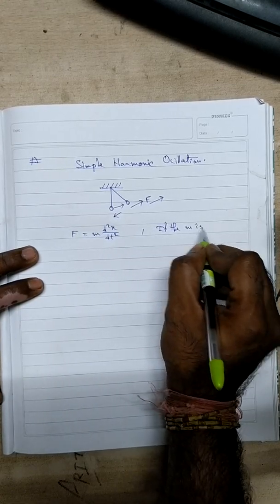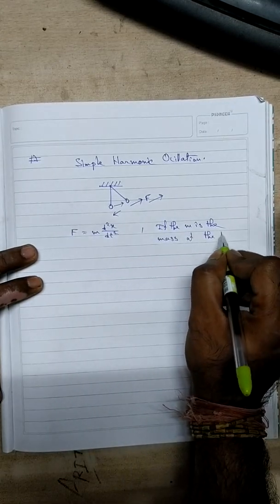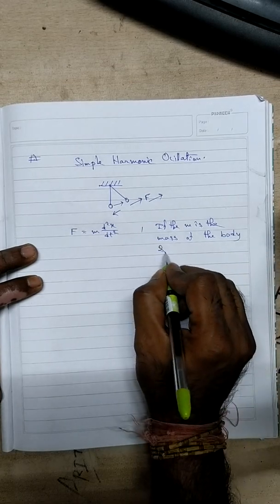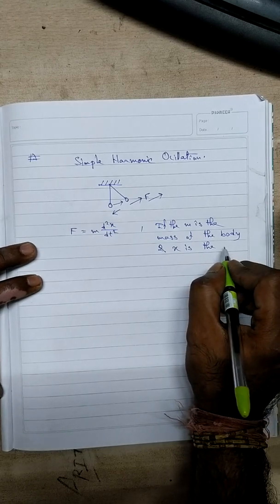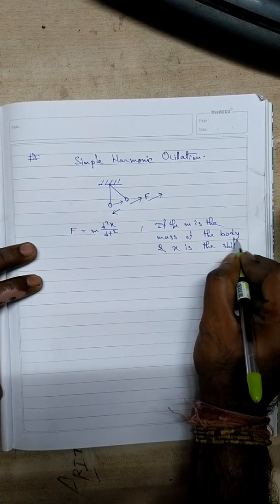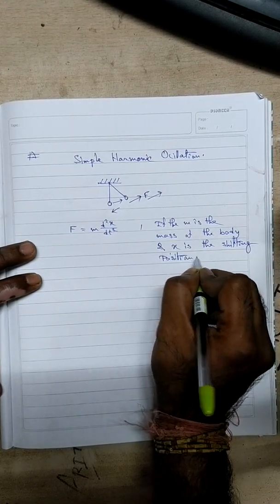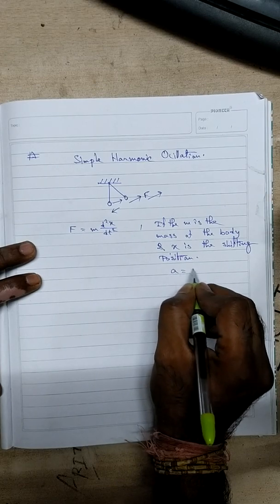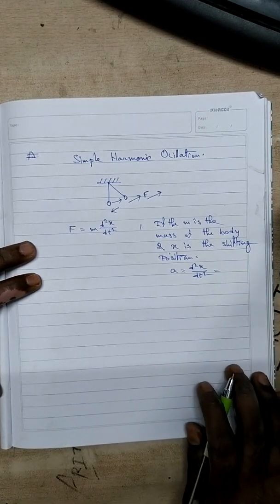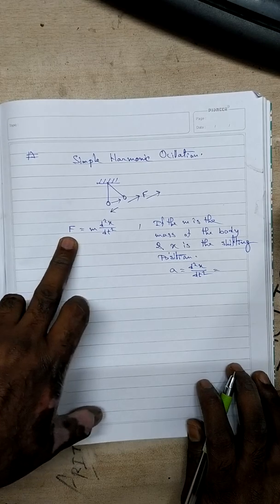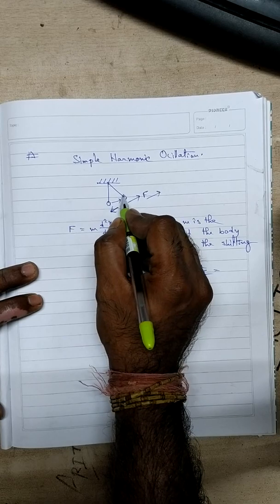That means m is the mass of the body and x is the shifting position, so a is defined as d2x by dt2. This is the instantaneous acceleration. So mass into acceleration becomes the force, and